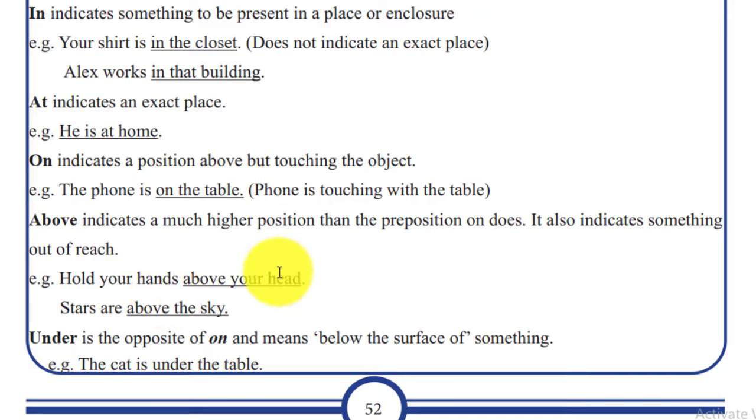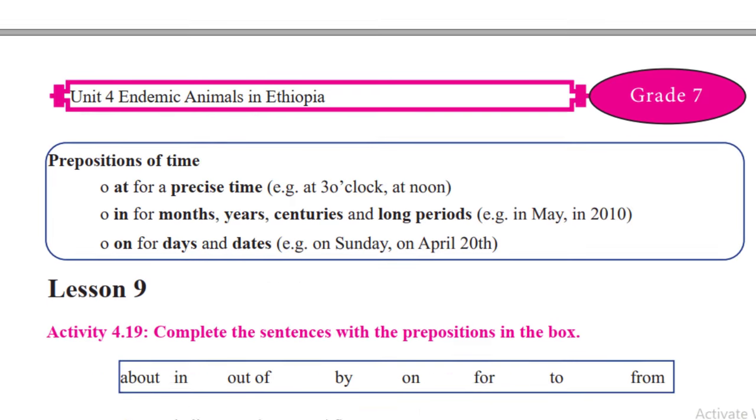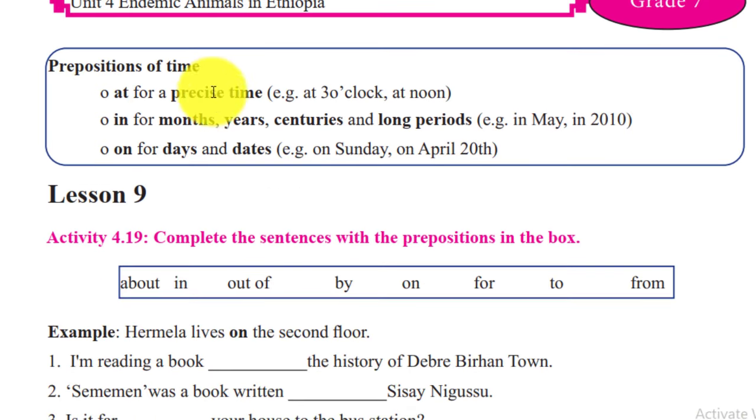ከራስ በላይ እጅን ያዝ ብል ከራስ በላይ ራሱን ሳይነካ እጁን እንዲይዝ ነው የተፈለገው ማለት ነው። Stars are above the sky እንላለን። እነዚህ ኮከቦች ከዋክብት above the sky ስንል ከሰማይ በላይ መሆናቸውን ለማሳየት ነው። ሳይነኩ ከላይ መሆናቸውን እናሳያለን ማለት ነው። The other one, under የሚል ቃል ነው, the opposite of on የon ተቃራኒ ነው። And means ምን ማለት ነው? Below the surface of something ከአንድ ቦታ ስር መሆንን ለማሳየት እንጠቀምበታለን። ለምሳሌ the cat is under the table ብለናል። ድመቷ ከጠረጴዛው ስር ነው ስል ከታች መሆኗን ለማሳየት ነው ማለት ነው።